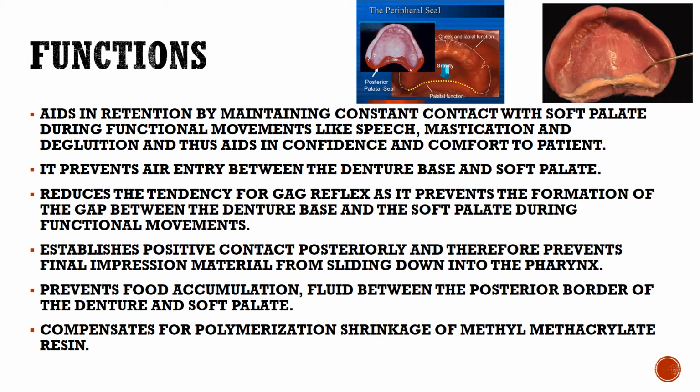So it compensates for the polymerization shrinkage. When you're fabricating a denture, there's this shrinkage. When you're polymerizing it, there's a shrinkage of your monomer. So it compensates for that. So these are the functions of your PPS, and this is the most important part for your maxillary complete